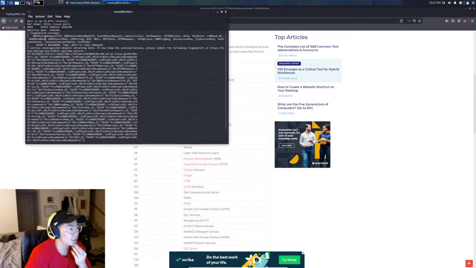So, we have port 8012 open. It doesn't say what the service is. Service version unknown. But we do know it's port 8012, it's a TCP port, and it's open. We can see right here, Skitty's backdoor. So we can assume that this is a backdoor, meaning